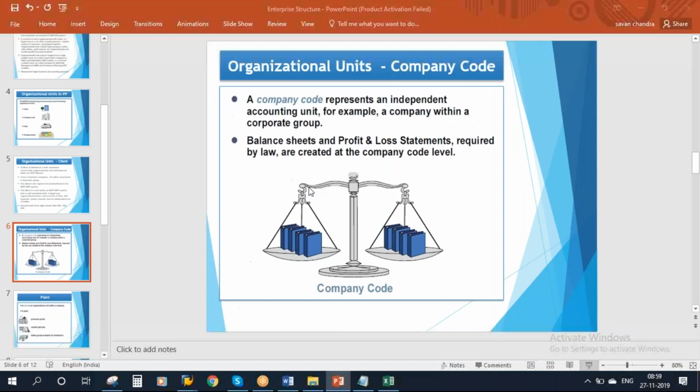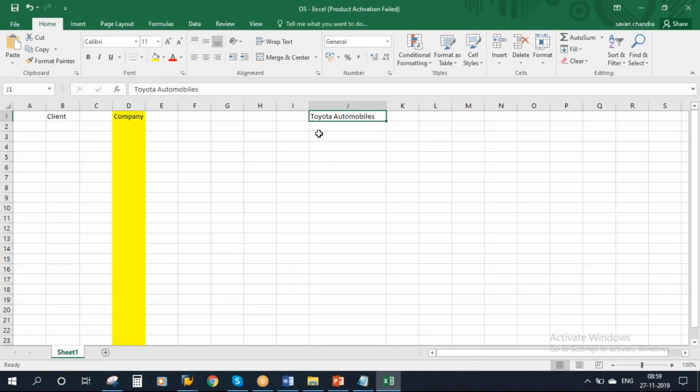So in our example, let's go to Toyota Automobiles. Toyota Automobiles is a leading automobile manufacturer in the world. They are basically from Japan, but even though it is from Japan, it has its presence in all the countries in the world.